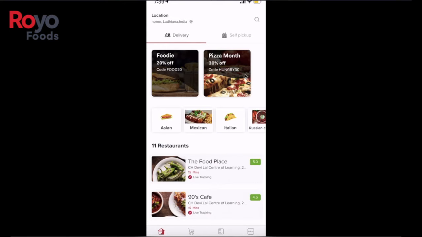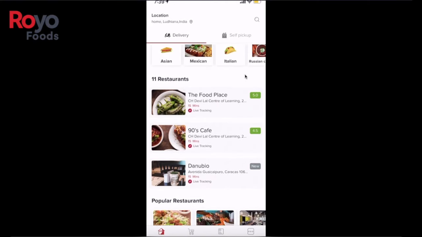On top of this application, you have the option of location. Over here, the current location of the customer is automatically detected and is saved directly into the system. This is actually done by the reverse geocoding feature that we have. And based upon this location, all the available restaurants would pop up on the screen.